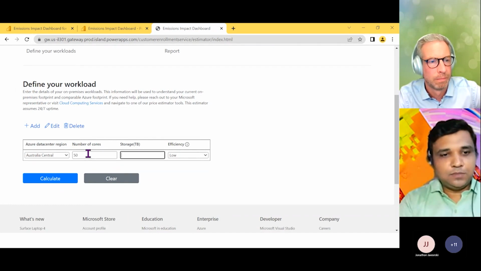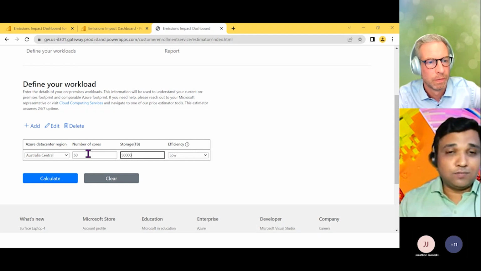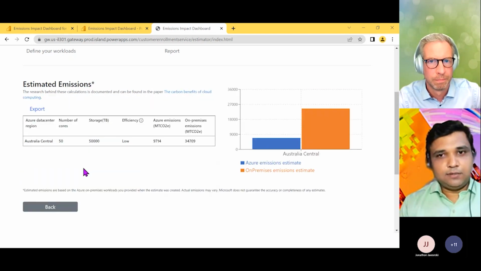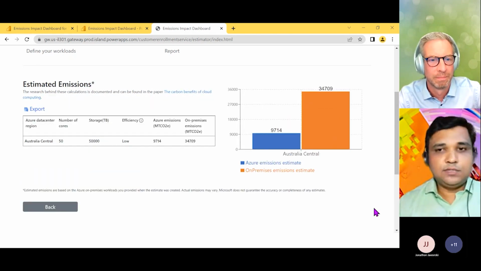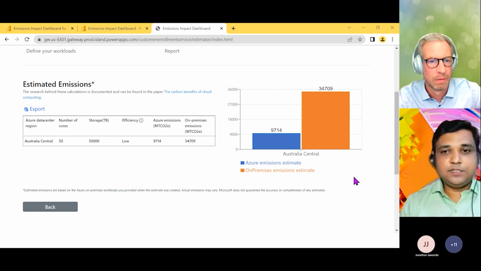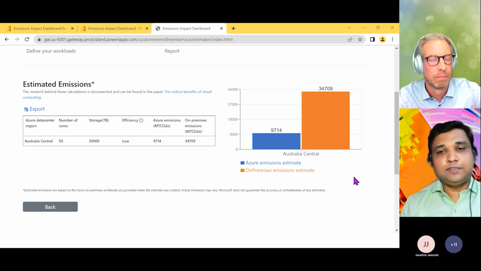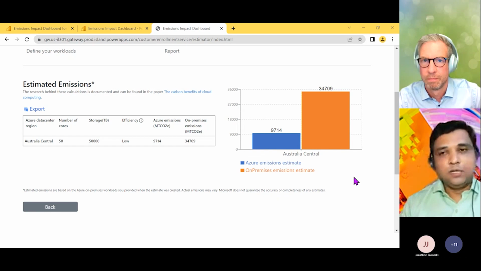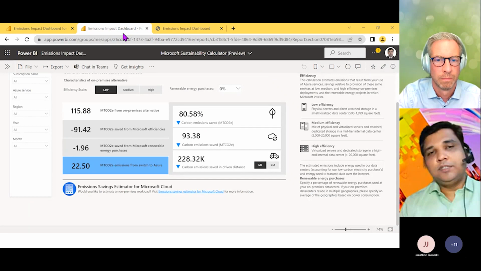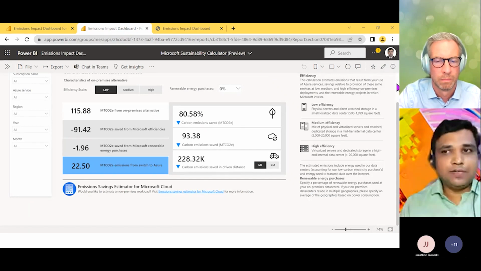I will just sum it up to save time, and again we will just sum up all of the data storage that will be required. We can select the efficiency as low, medium, or high, and just click on calculate. This will give us the emission calculations when we use the online services of Microsoft Azure versus what the emission estimates will be when we have all those on-premises resources provisioned. So this can give us simple calculations, and this emission impact dashboard will help you save some energy as well as